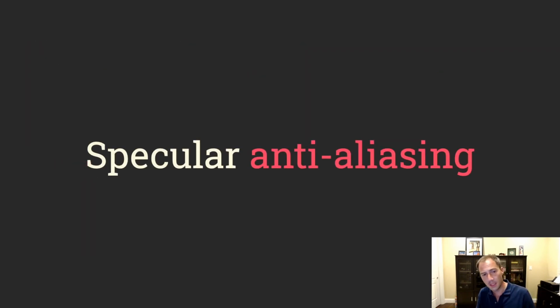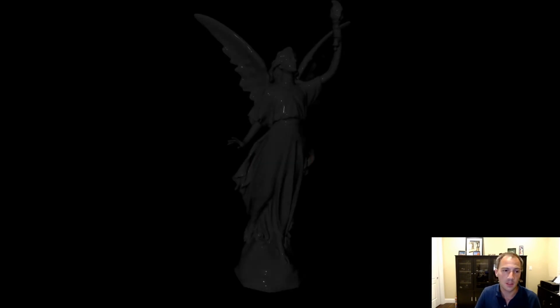We mostly use MSAA and FXAA because TAA would be too complicated, first of all, to implement, and also it would impose constraints on our users. But sometimes MSAA and FXAA are not enough, and we need more to anti-alias specular lighting. Here's an example. If you look at the statue just above the waist, there's a vertical highlight. If we move away from the statue, you can see that the highlight gets lost, and even all the other punctual highlights disappear. Under motion, there will be a lot of shimmering.